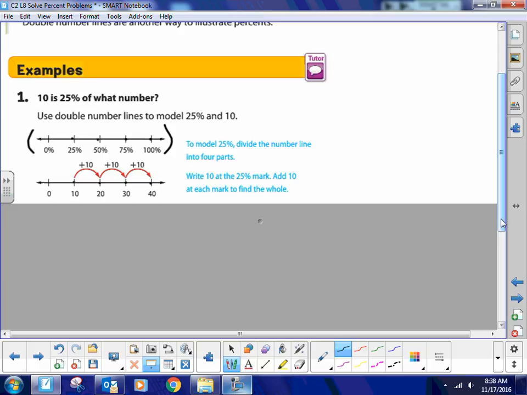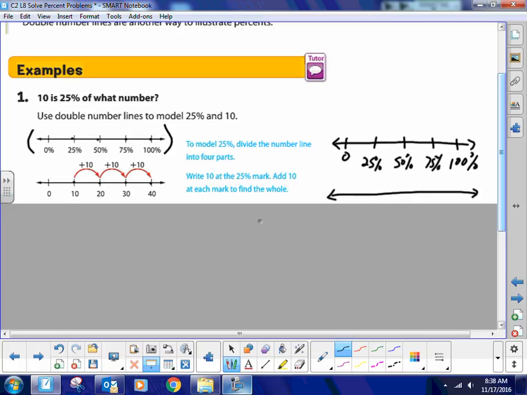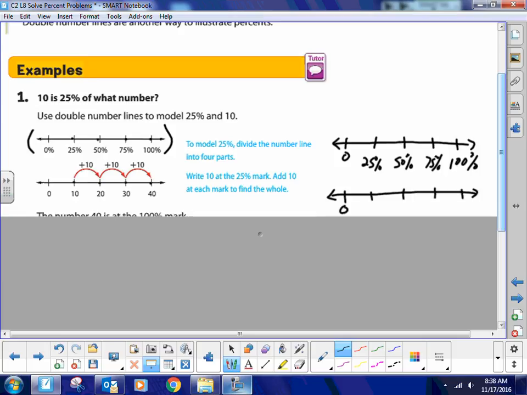What they're doing is they take this first number line and make it go from 0 to 100%. Each one of these quarter marks is 25%, then 50%, 75%. Then they take a second number line and again break it up into quarters: 1, 2, 3, 4. What we do know is that this is 0, and we know that 25%